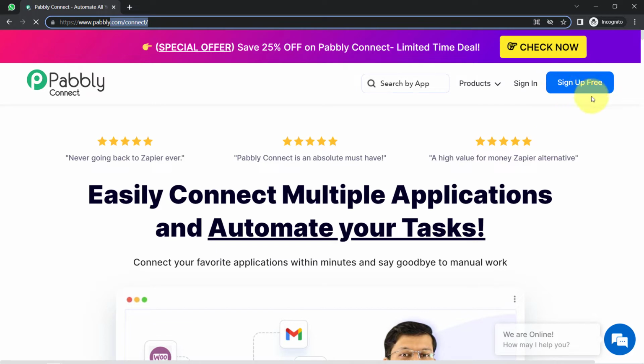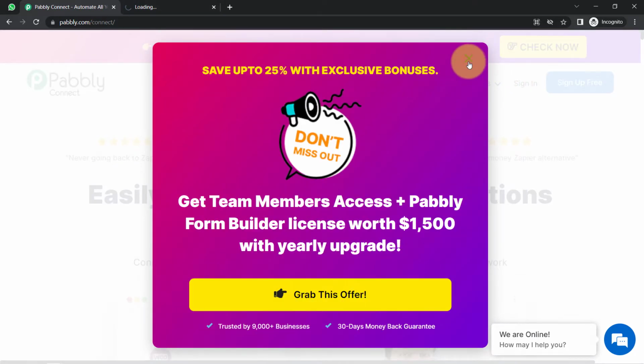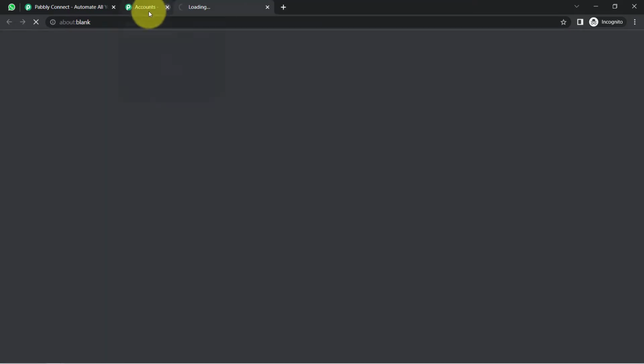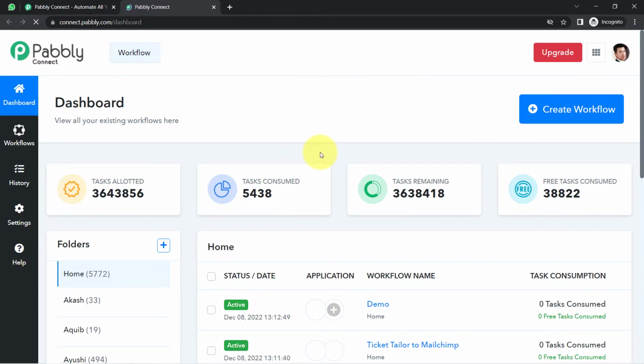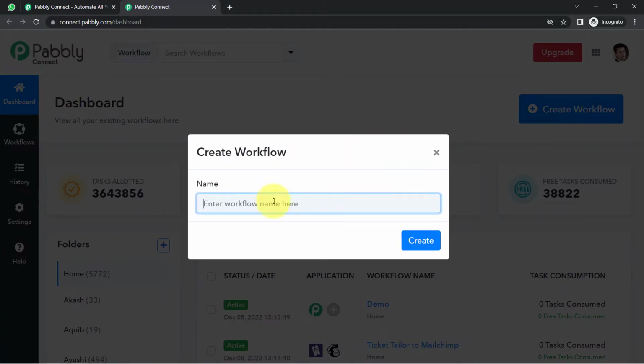Now, if you are a new user, you will have to sign up for free, and in the free account, you will also get free tasks to test these kinds of amazing automations. I'm already an existing user of Pabbly Connect, so that is why I've clicked on sign in, and this is how you can see that I have reached the dashboard of Pabbly Connect. After reaching the dashboard, you will have to click on this button, Create Workflow,